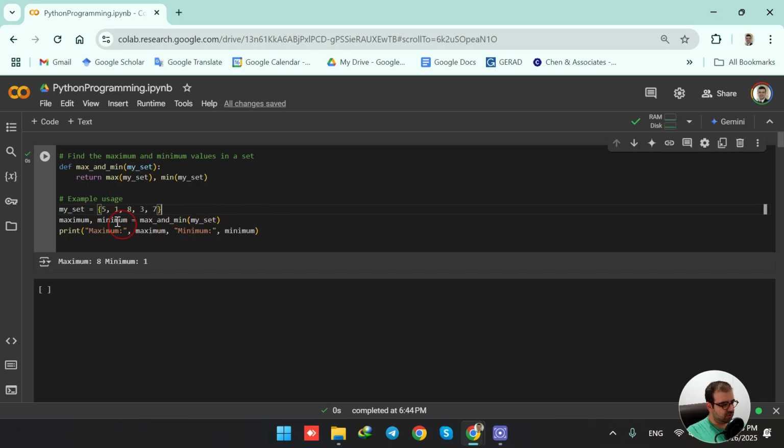So in order to do that, I'm having my function called max and min. And here is the function call. So we are calling this function, and as the argument, I'm passing my set here, okay? And when this function is called, it is using the max function. So let me type it here. And min function. It is using these two functions to find the maximum number in the set and the minimum